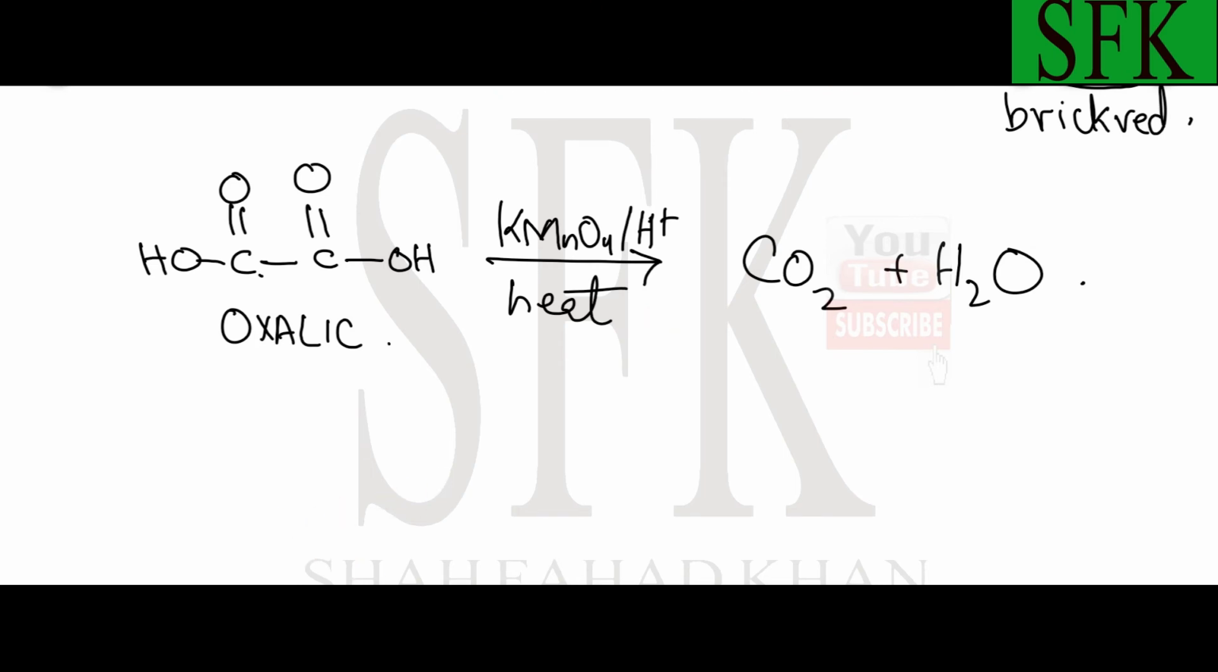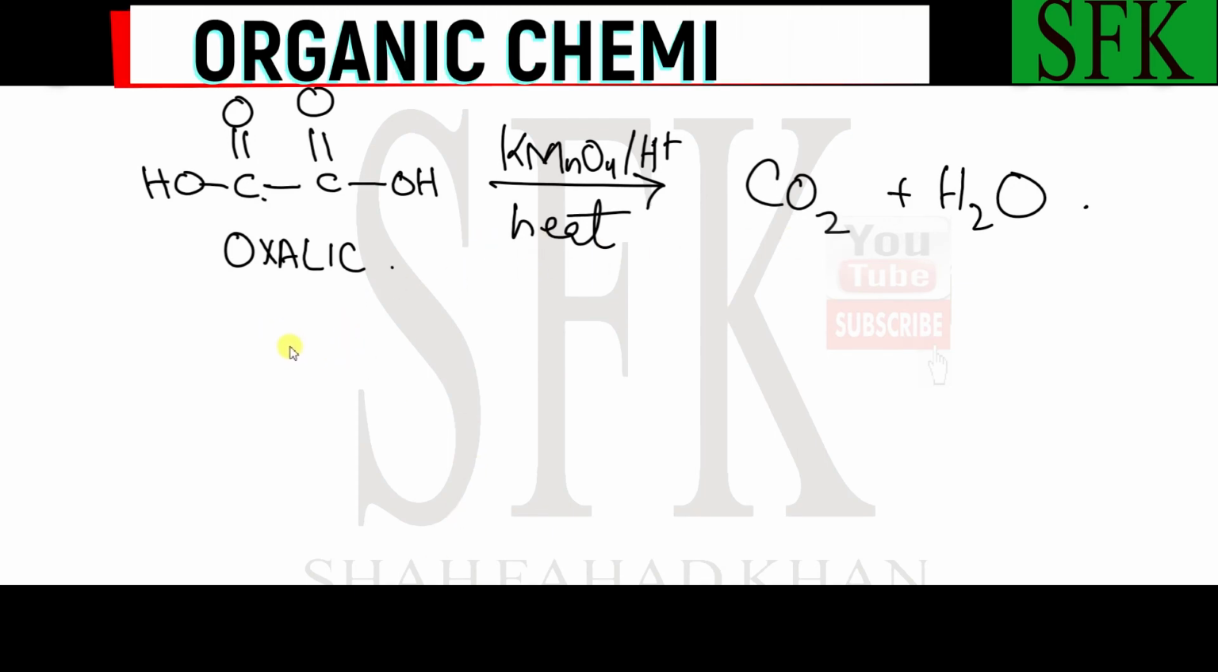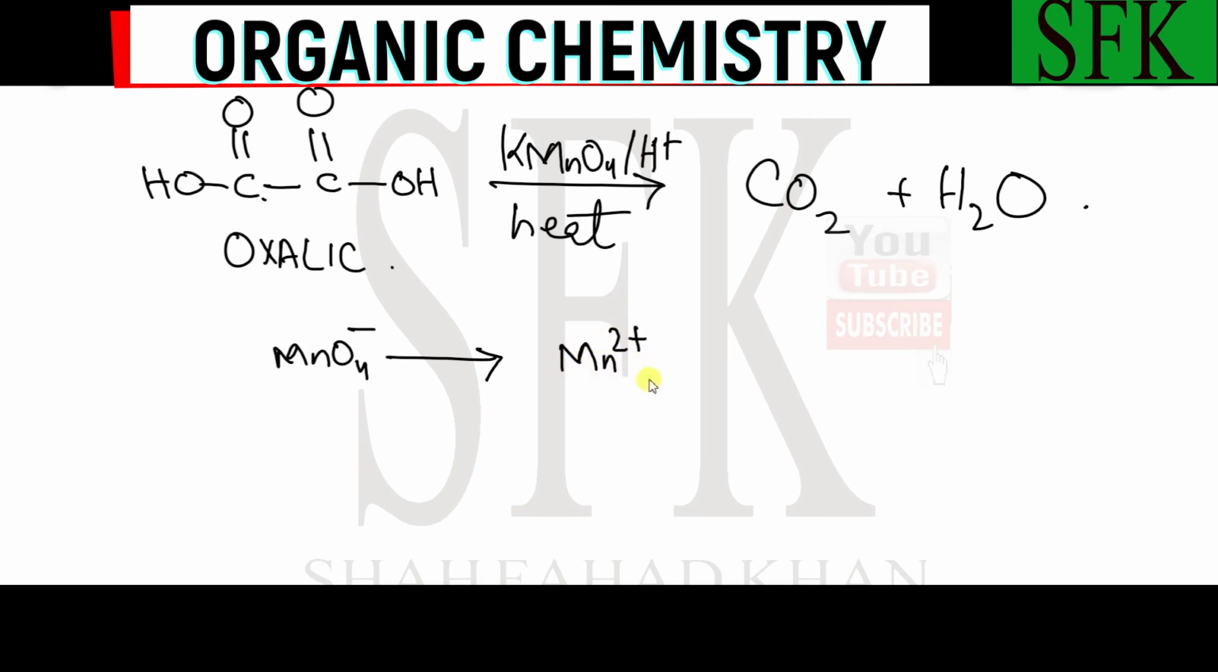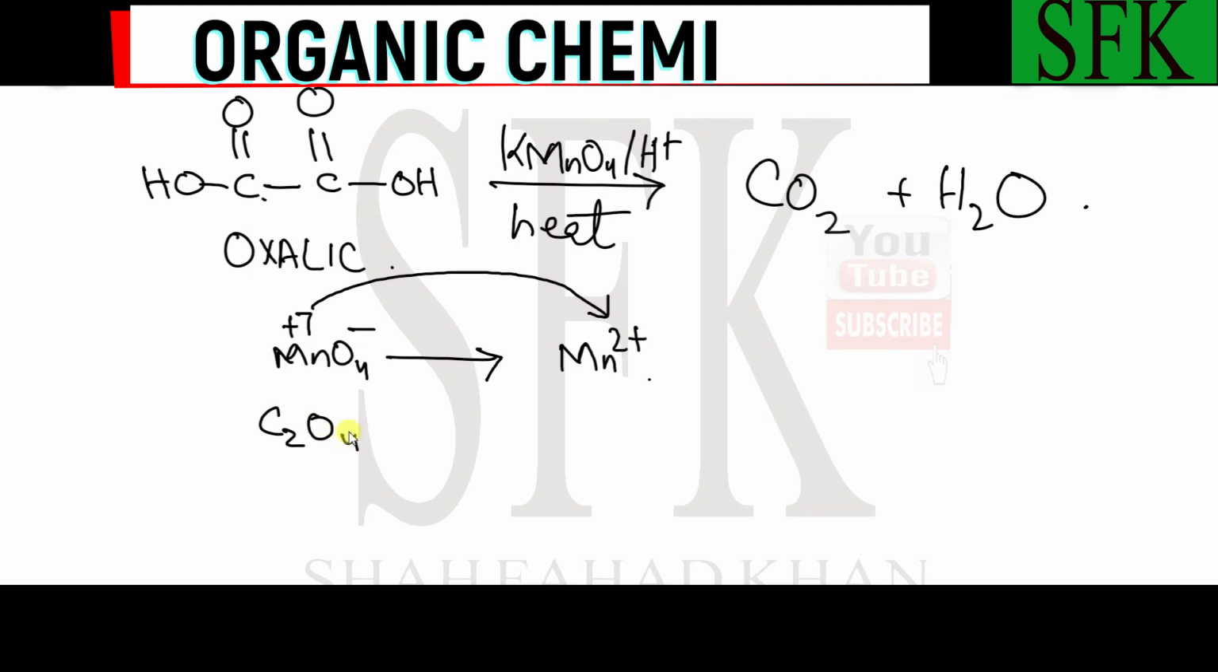Now, this is the overall equation. But if we split the equation into half equations, what we get is that the manganate ion, MnO4 negative, has itself been reduced to the Mn2 plus ion. The manganese in the manganate ion has a charge of plus 7, and this plus 7 charge has been reduced to plus 2. So basically, this oxidizing agent has been reduced, and the carbon in the oxalic acid